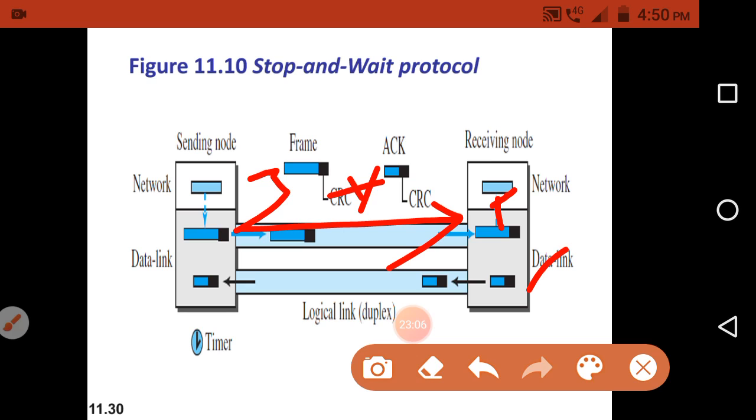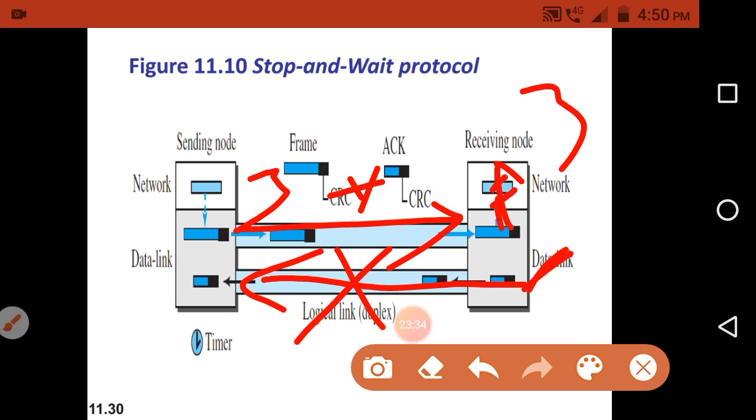So the sender is sending the third frame, and the data link layer at the receiving node receives that third frame and verifies it. If it is correct, then it will extract the packet from that frame and deliver it to the network layer. That packet we have to call the third packet, because we are extracting it from the third frame. At the same time it will send the acknowledgement to the sender side, but the acknowledgement will not reach the sending node. In the middle it will be lost.